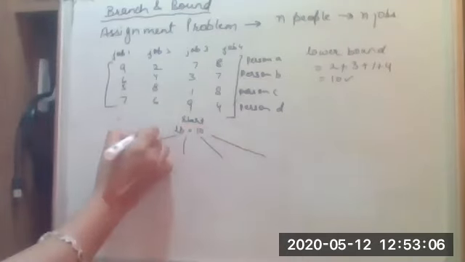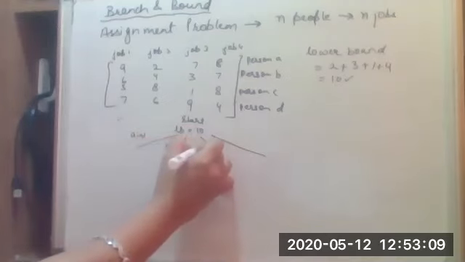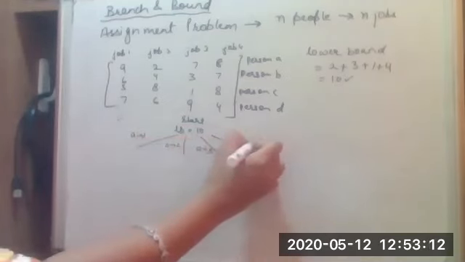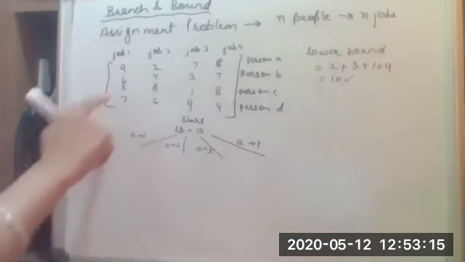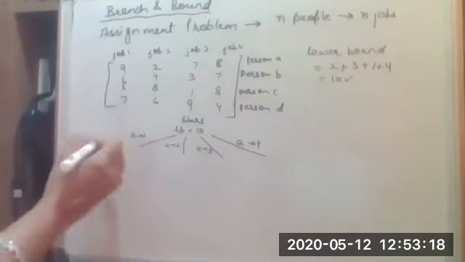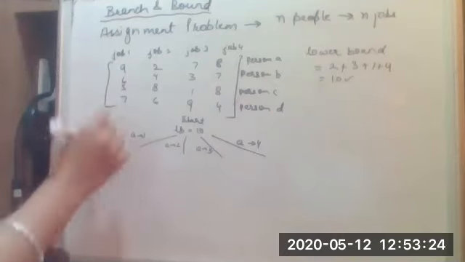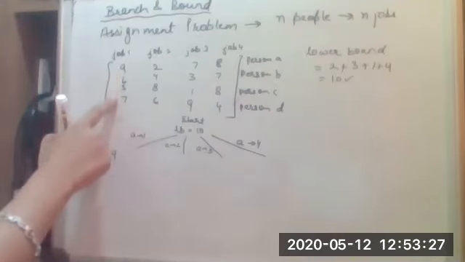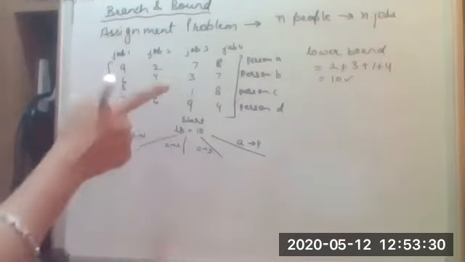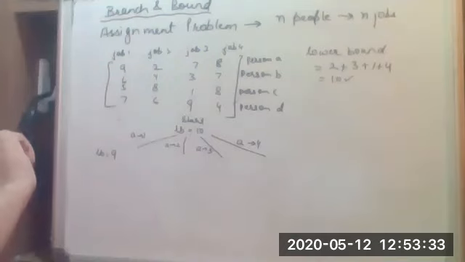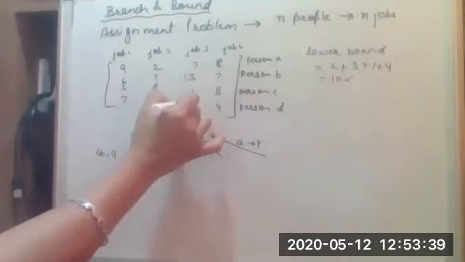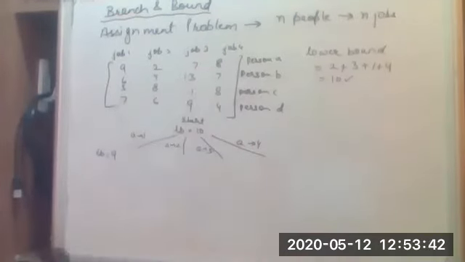So A is assigned to job 1, A is assigned to job 2, A is assigned to job 3, or A can be assigned to job 4. So if A is assigned to job 1, what value will we have for the lower bound? 9, because job 1 is assigned. So job 1 cannot be assigned to any of the 3 other persons. We are not assigning the same job to another person, so each person gets a different job. Although for our lower bound we have taken the values 3 and 1, that will not come into the feasible solution when we are actually searching the state space.